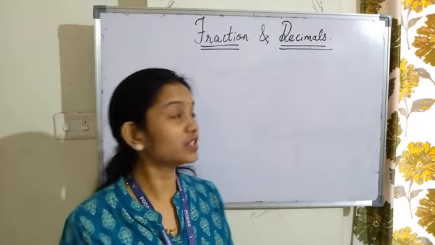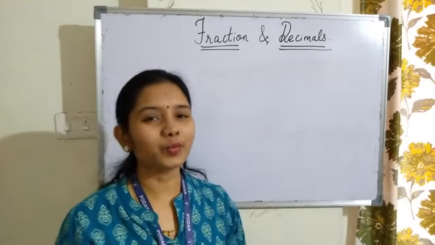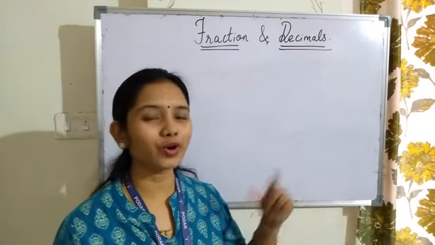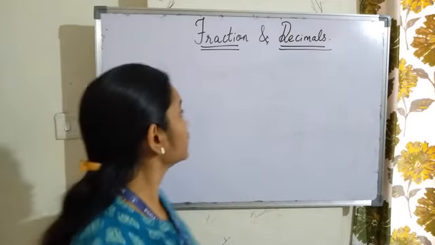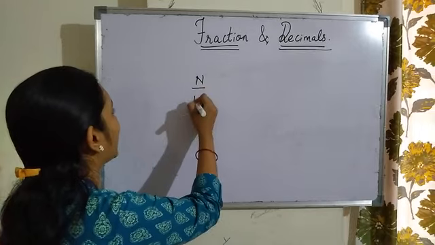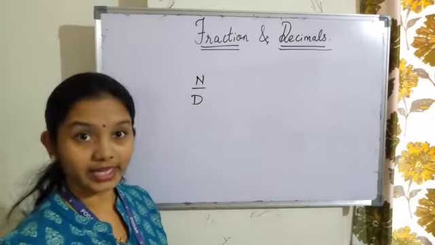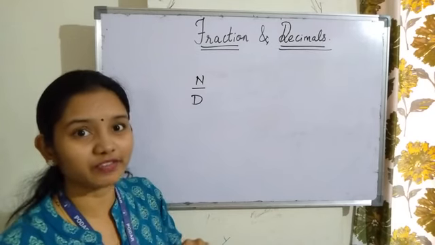Before decimal numbers, we have learned about fractions. So we are going to have a quick recap. What do you mean by decimal number and how is it connected with fractions? A fraction is made up of numerator and denominator. Now in types of fraction, we have learned one type of fraction, that is decimal fraction.